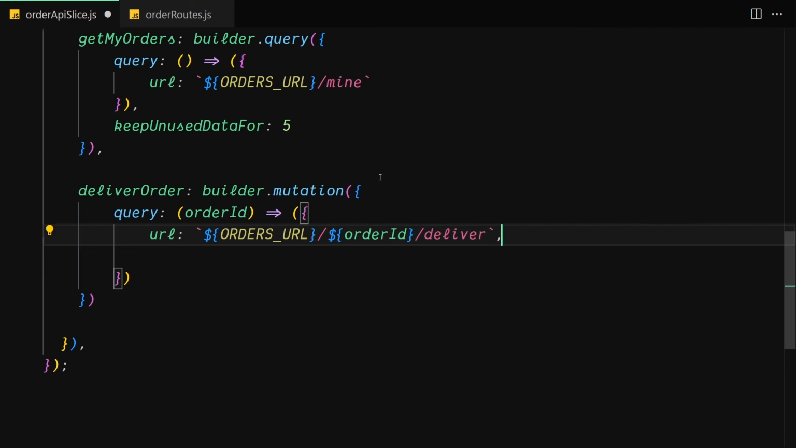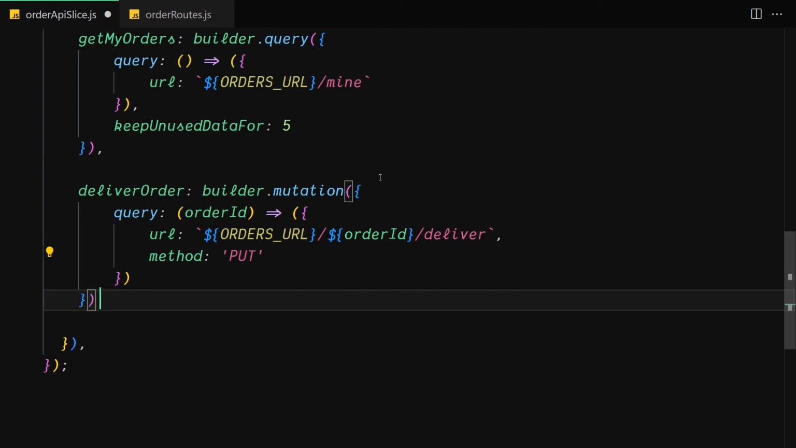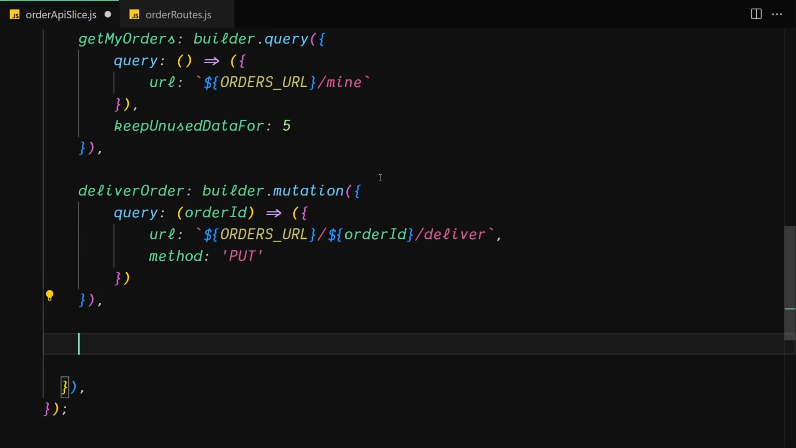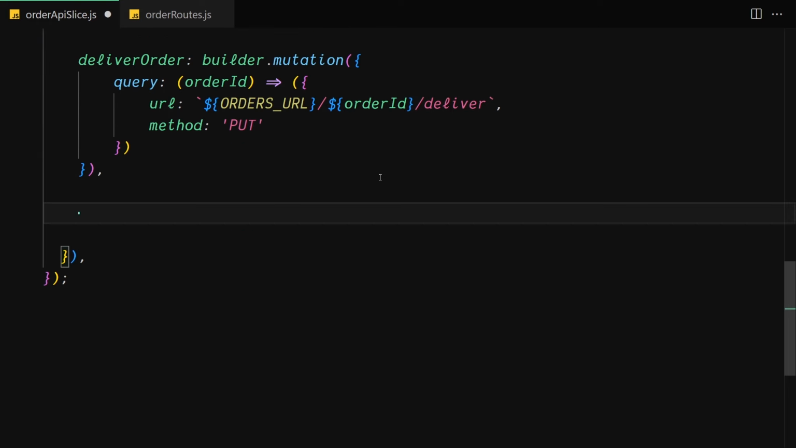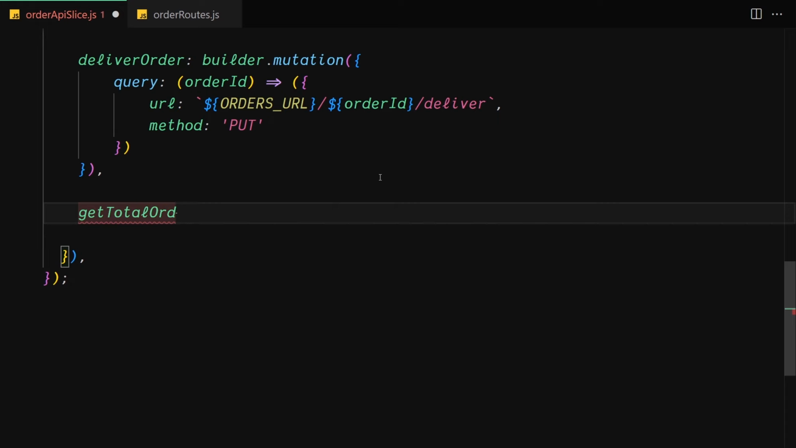There we go. I'm going to also specify the method of put, because we are going to be changing that, so that's why we are going to be writing this put method right here. Let's just grab the total orders. So I'm going to write get total orders, or yeah, orders